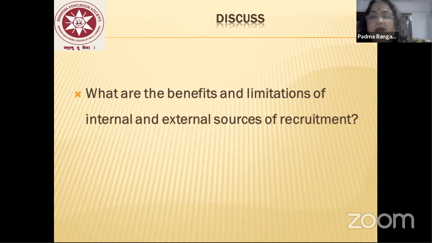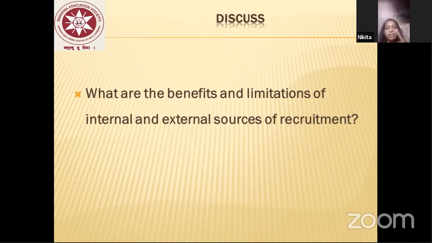अच्छा, आप अभी तो इंटरनल और एक्सटर्नल सोर्सेज ऑफ रिक्रूटमेंट पढ़ रहे हो। इंटरनल सोर्स ऑफ रिक्रूटमेंट मतलब क्या कि अगर आपकी कंपनी में कुछ वैकेंसियां हैं, तो आप अपनी ही कंपनी के लोगों को प्रमोट करके वो जॉब, वो पोजीशन फिल अप करते हो। मतलब जॉब की अपॉर्चुनिटी देते हो। और एक्सटर्नल सोर्स में क्या होता है? आप बाहर एडवर्टाइजमेंट डालते हो और बाहर के लोगों को इंटरव्यू करके वो पोजीशन फिल अप करते हैं।